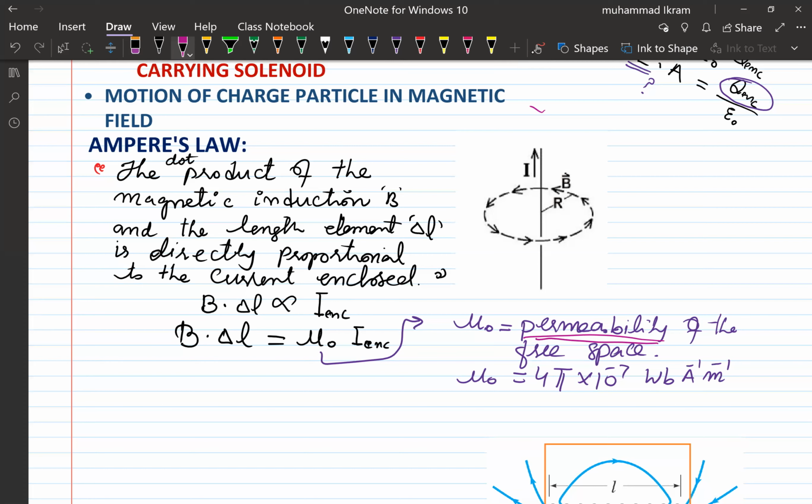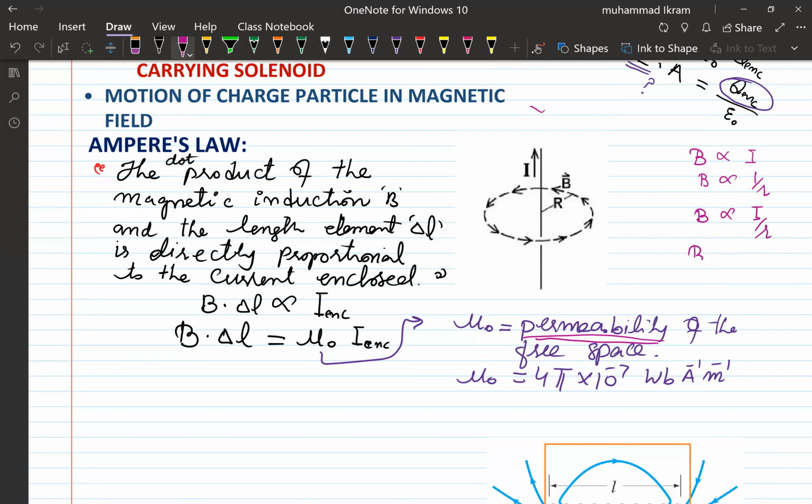As I told you in the beginning, when I was explaining the magnetic effect of the current carrying conductor, B is directly proportional to I and B is inversely proportional to R, and then they simply tell you that B is directly proportional to I over R,